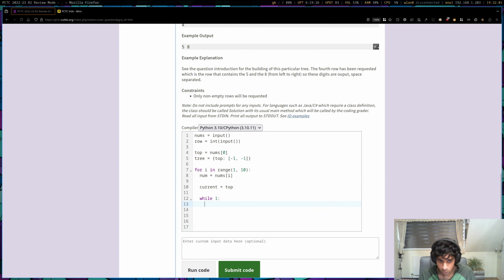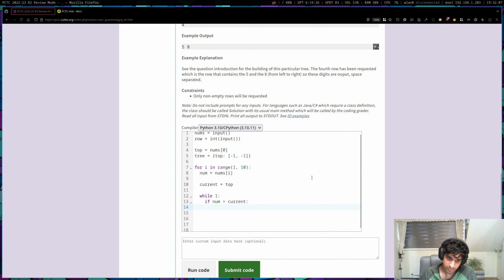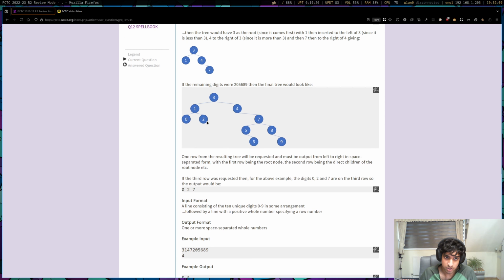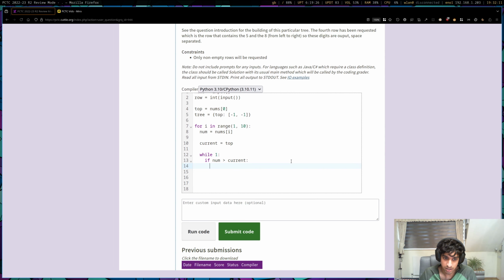Okay, so we're going to say if our number is bigger than our current number, then what we want to do is look to the right of our current number. And so let's do that. So let's say our new current is going to be our tree current